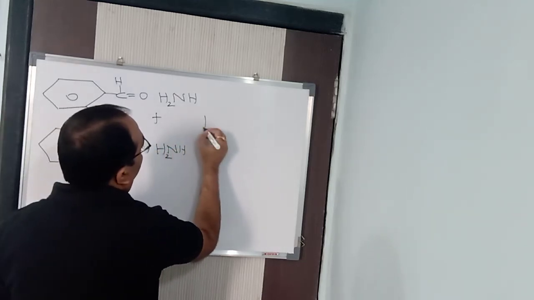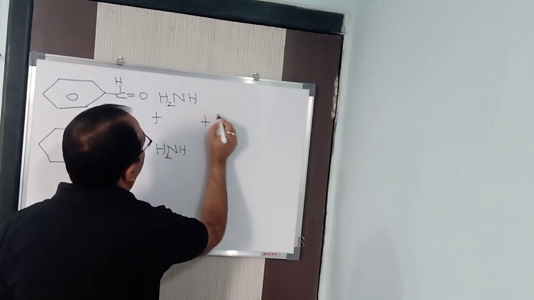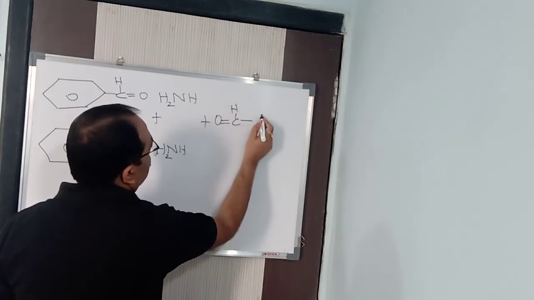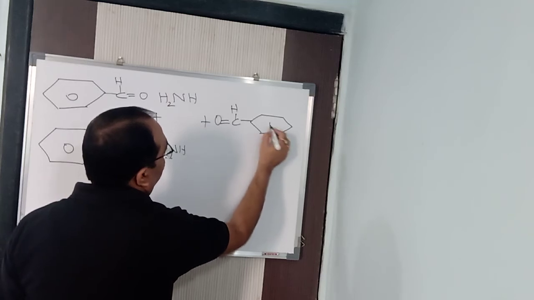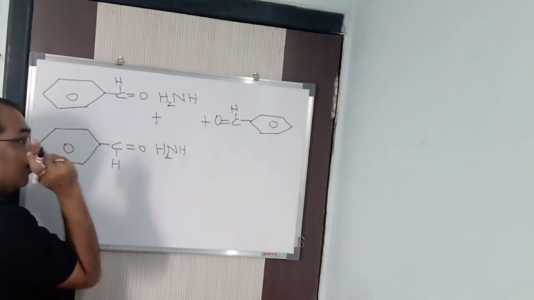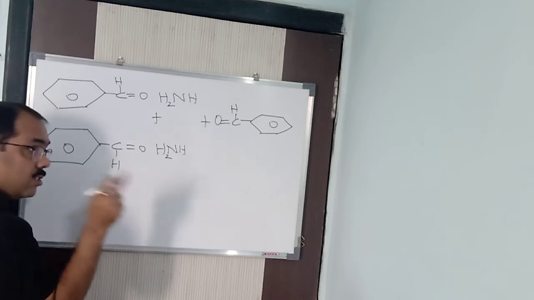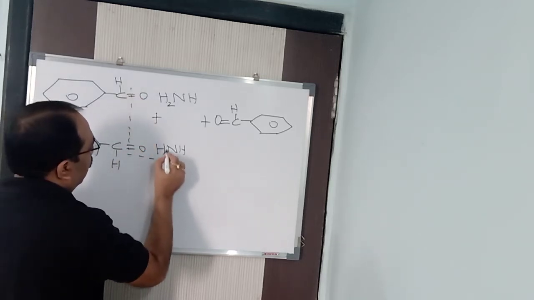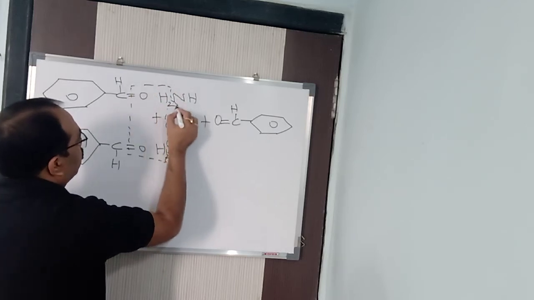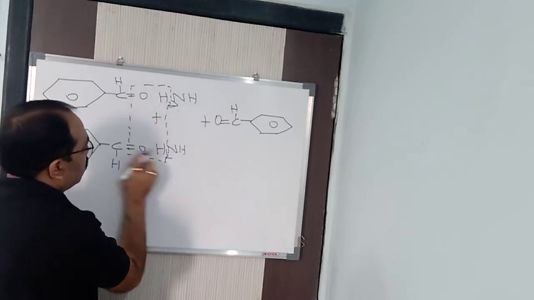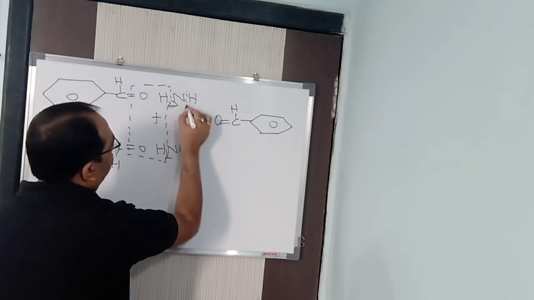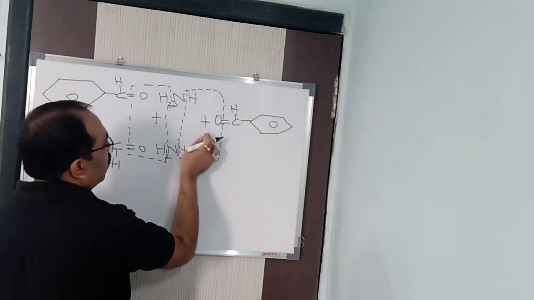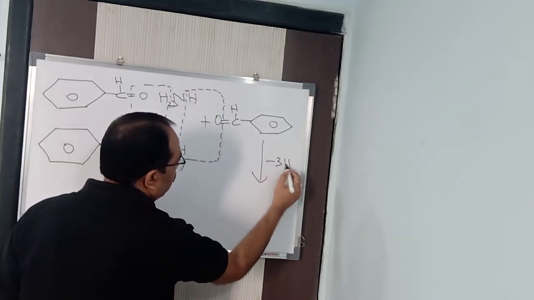Alright. And another benzaldehyde I will take here, that is, let me write this one here, O double bond CH and another benzyl ring. See how I have arranged it, because I have kept in mind that I have to remove water, because, as I told you, the reaction is going to take place with elimination of water. So here you see properly, that is H2O, here also the same thing H2O, 2H2O, and I have kept it in this way because this hydrogen goes with this oxygen. So here you see, 3 molecules of water are removed.